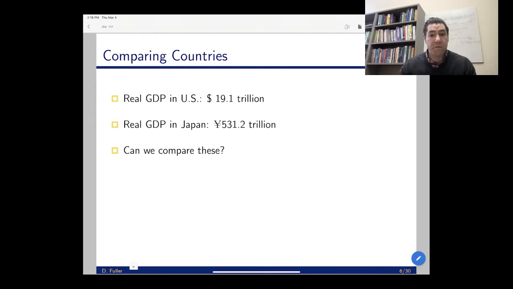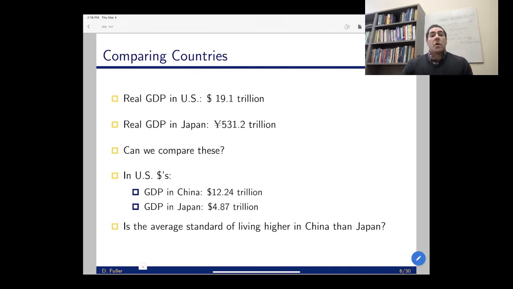If I know the price differences, I can calculate a comparison. And that's what we're going to try to do when we think about comparing different countries. They have different currencies, and we need to know how those currencies relate to each other to make the comparison valid. Before we get to that, which is a slightly more complicated